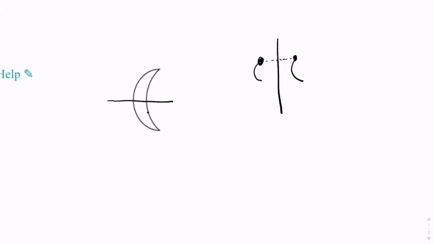Because now this point, there's a point over here equidistant. This point, there's a point over here equidistant. This point, there's an equidistant point over here. So the line of symmetry is a line horizontal through the middle,